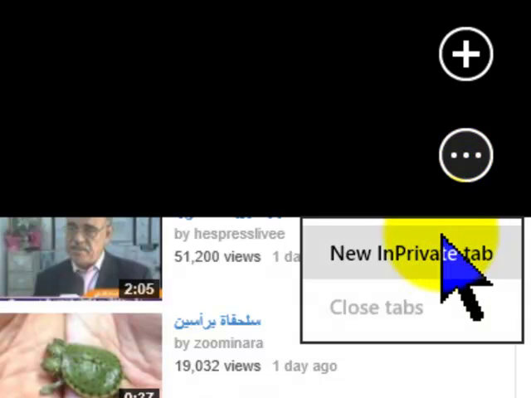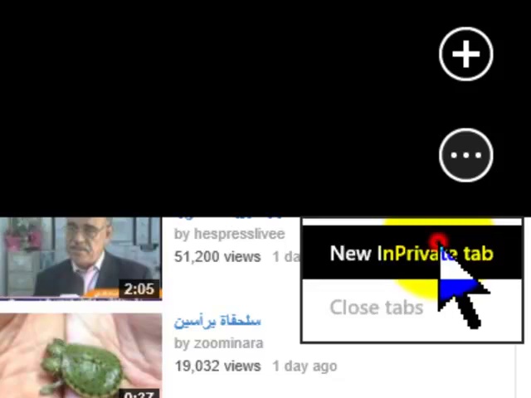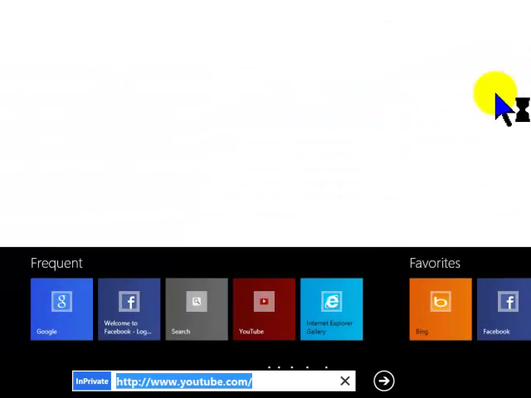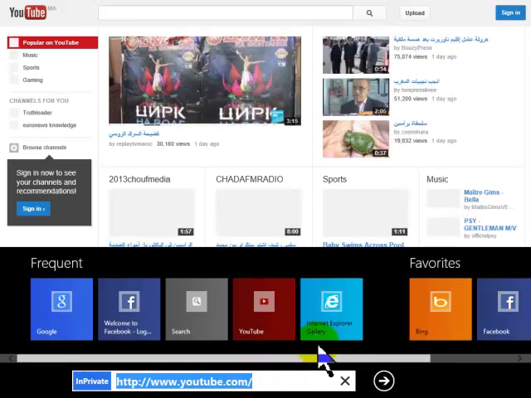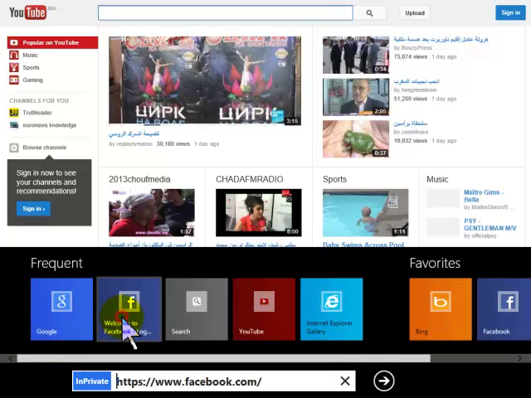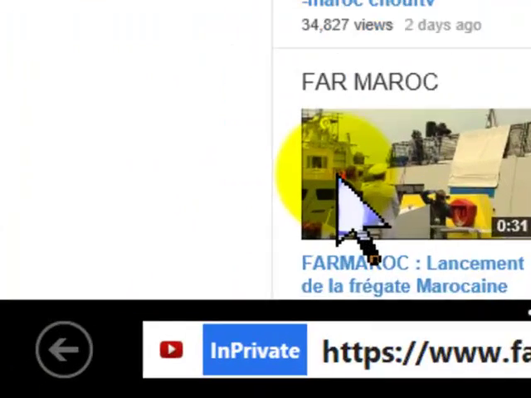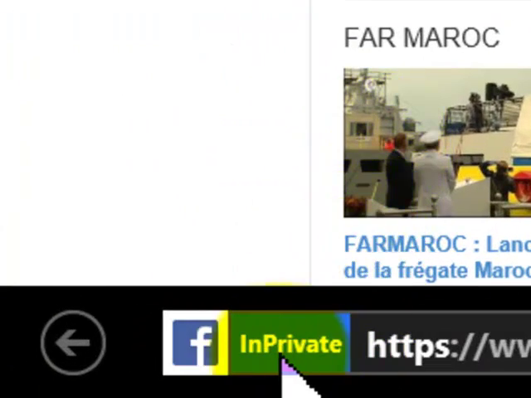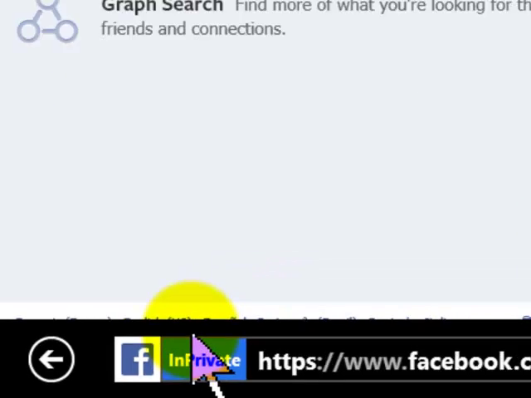This one is new in private tab. By clicking there I can have another one opening, telling me to type in the address where I want to go. So let's say I want to go to Facebook. So now I'm in private mode. As you can see here in the bottom, close to the address bar, it says private, and anywhere I